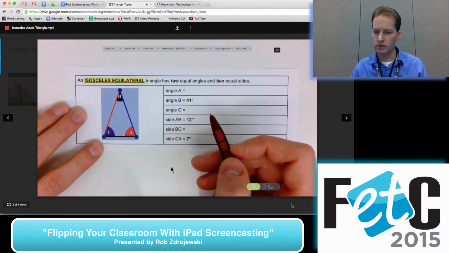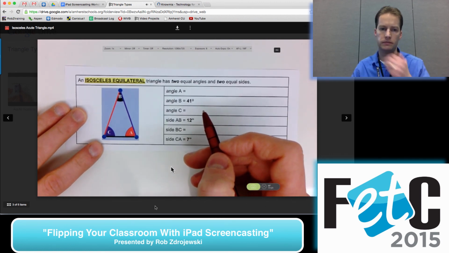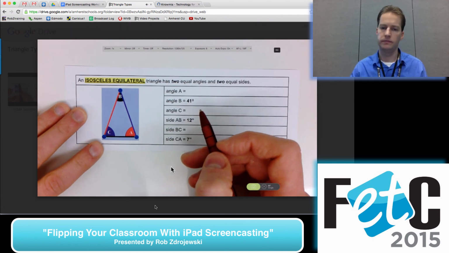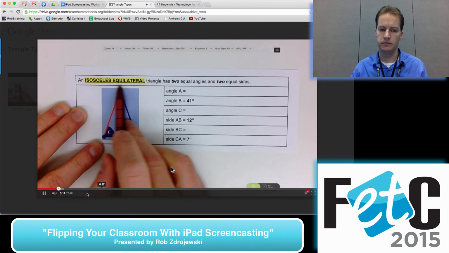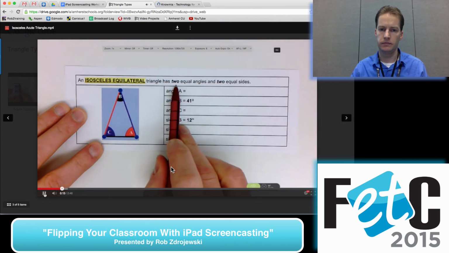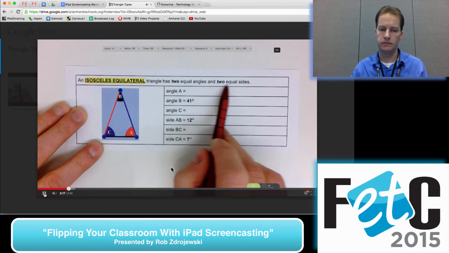And it's buffering. Now this type of triangle is related to the equilateral triangle. We can call it its cousin. But this one's a little bit different. You see the word here, isosceles. An isosceles equilateral triangle has only 2 equal angles instead of all of them, and only 2 equal sides instead